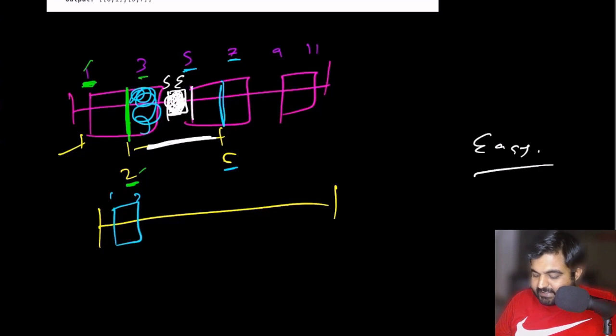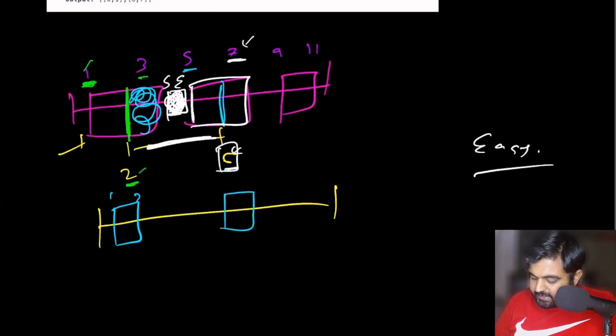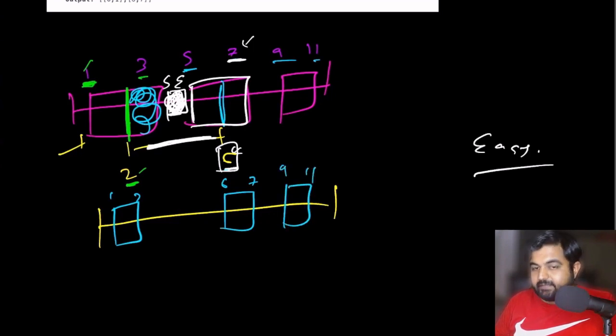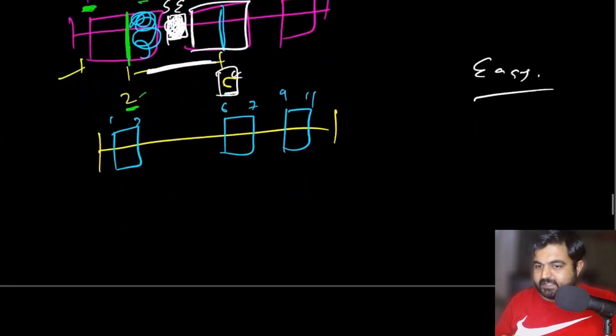But in this case, since this interval already has a value that is greater than the ending value of the part we are trying to get rid of, the difference between the ending of the part we are removing and the ending of this current interval, that is 6 to 7, would be stored in our answer. So 6 and 7 would be stored, and then all the other values, in this case 9 and 11, will be left untouched, and we can add them to the answer. And this is the whole solution.